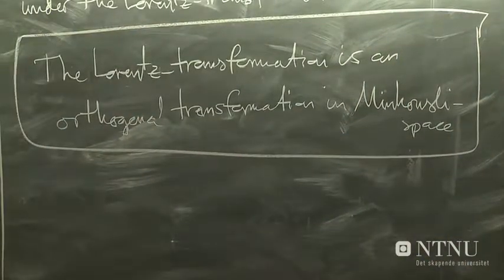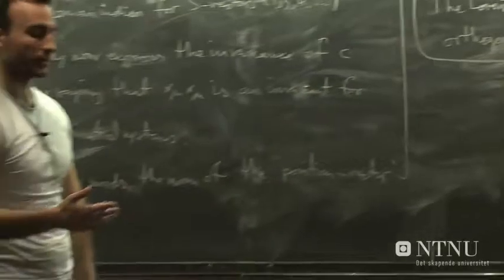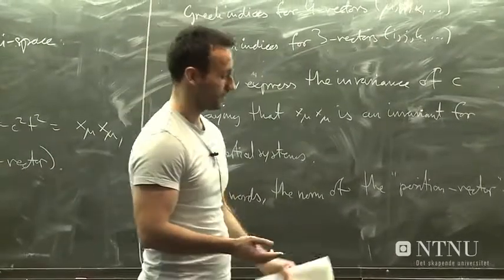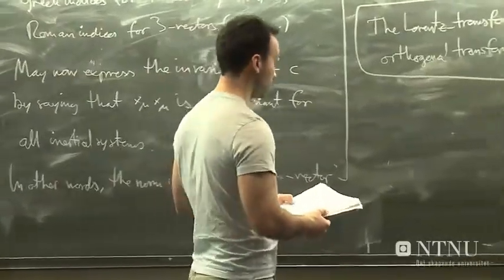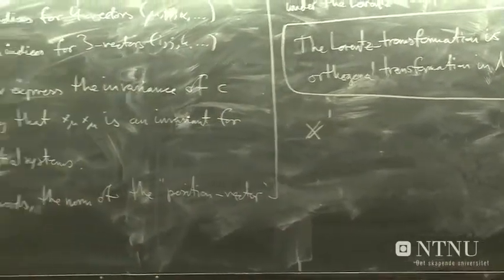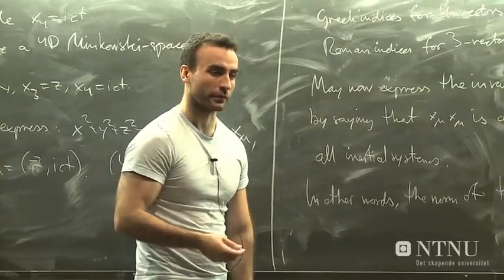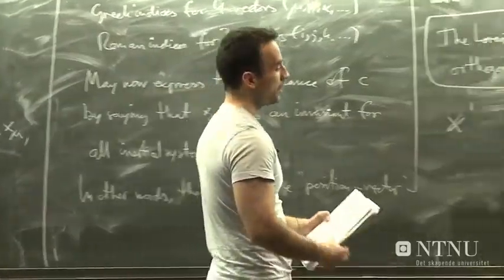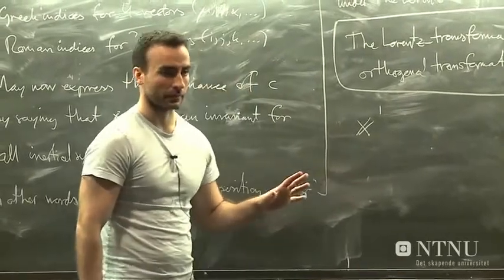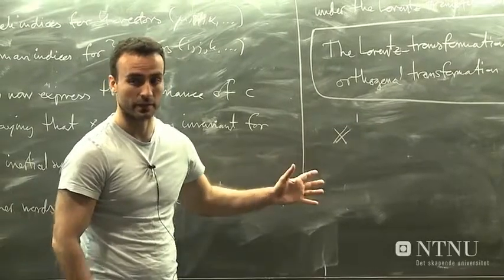The Lorentz transformation is an orthogonal transformation in Minkowski space. So it's orthogonal because it preserves the norm. So let's try to take into account all of these ideas, the formalism that we developed when dealing with the rotation of systems previously. So let's write this Lorentz transformation as a matrix equation,